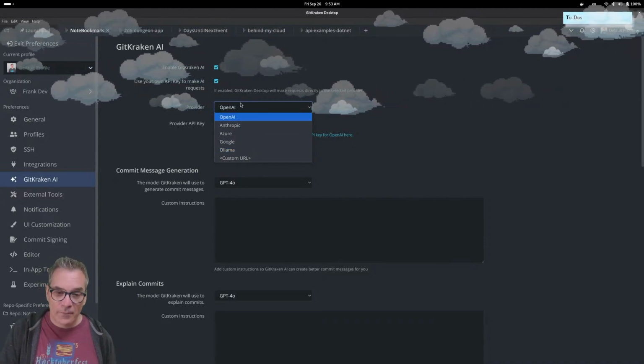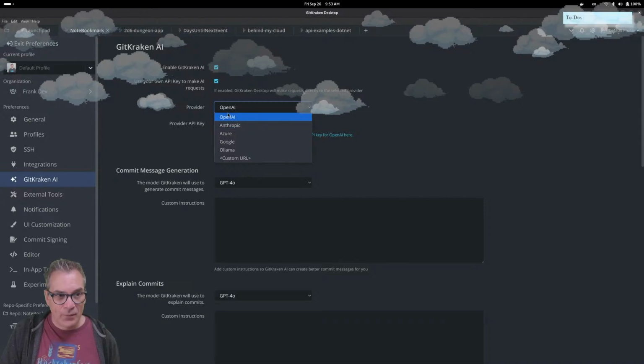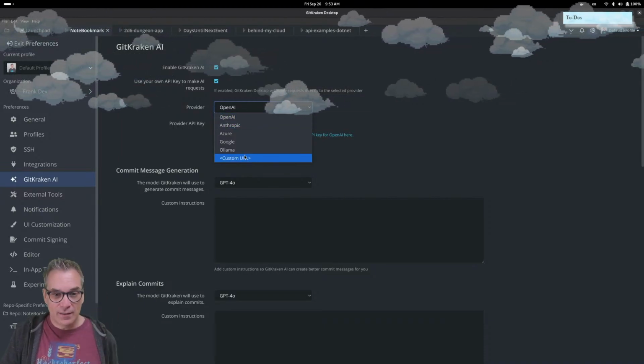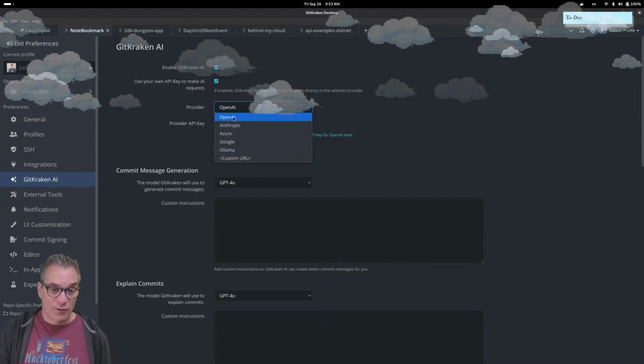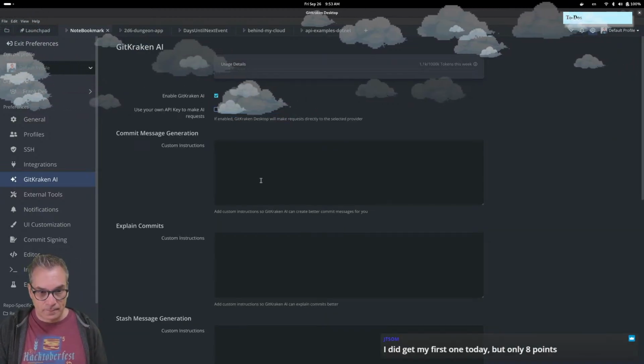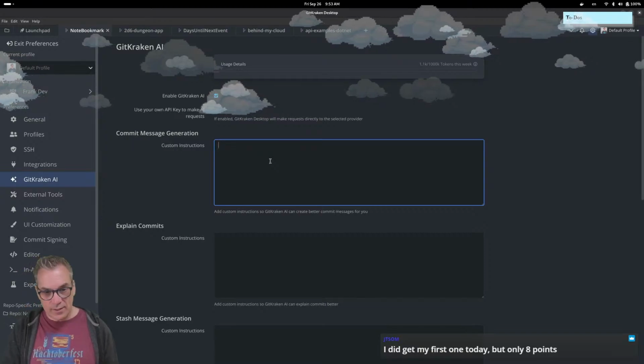Anyway, so it wasn't working. There was a bug in GitKraken desktop, so I opened a ticket and they fixed it. It will be part of the next release, so very excited about that. But now let's use the basic stuff. And I want to say here,